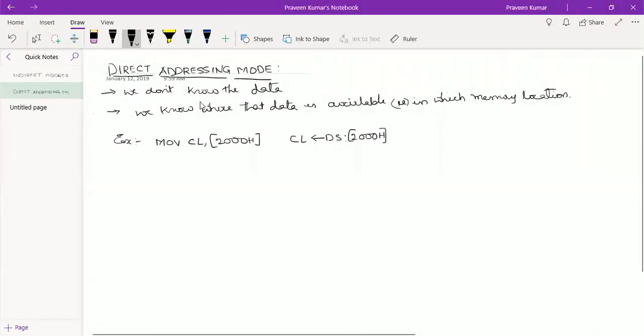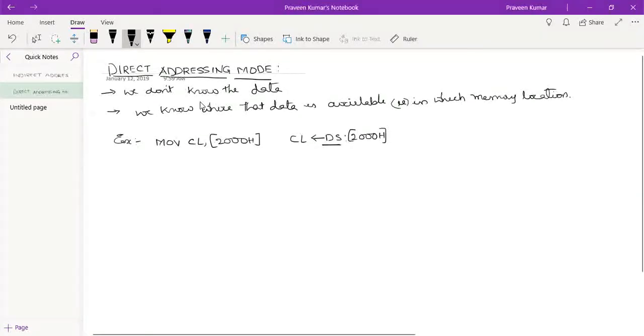2000H. We already know that the data is always available in the data segment. For our convenience, and it is also available in the extra segment, but we generally take the data segment.